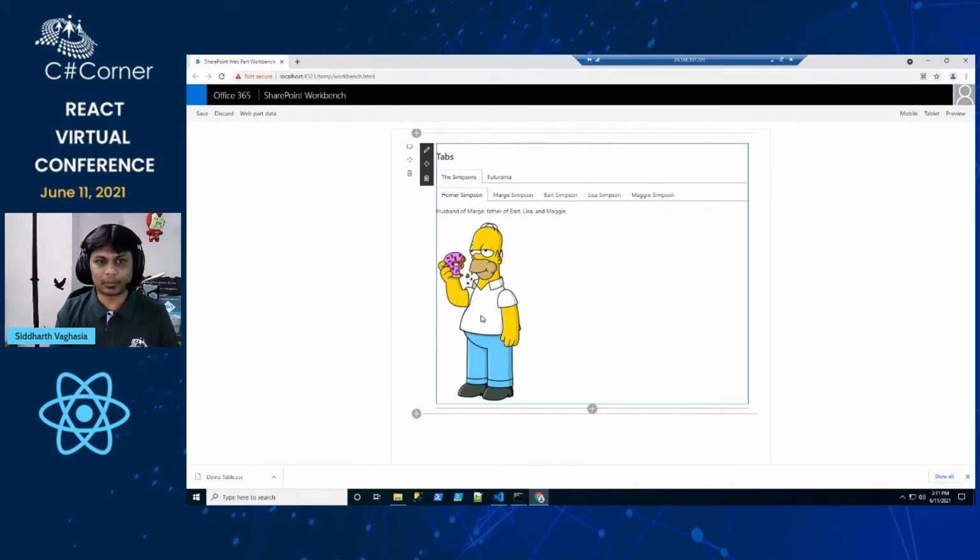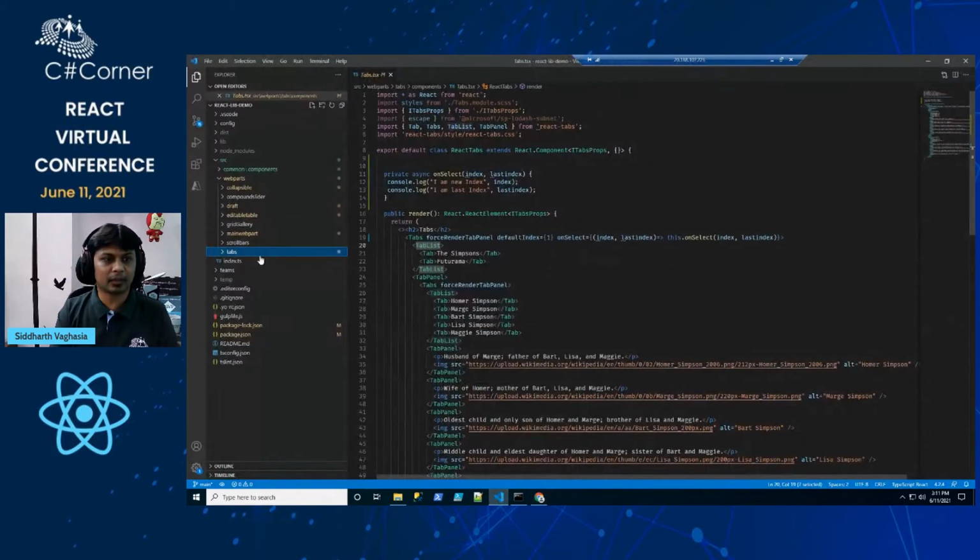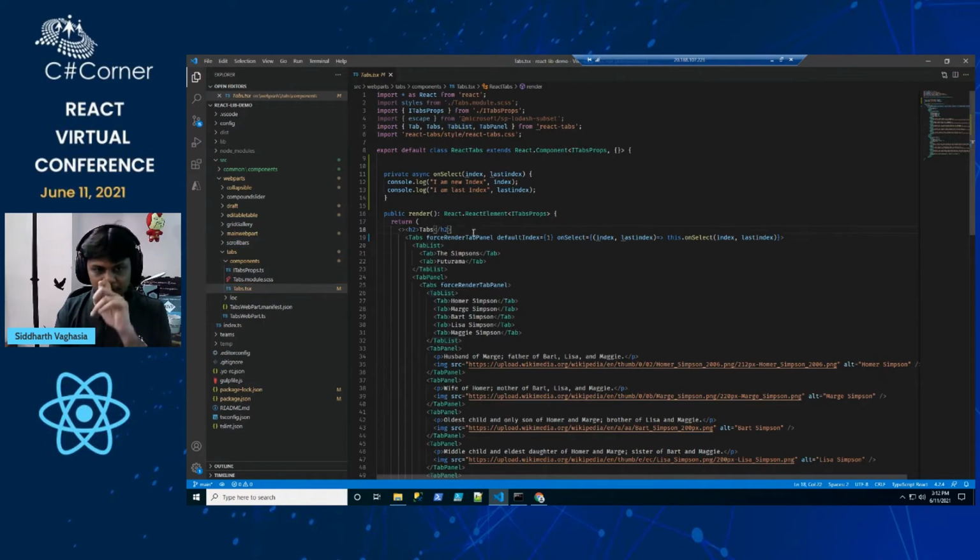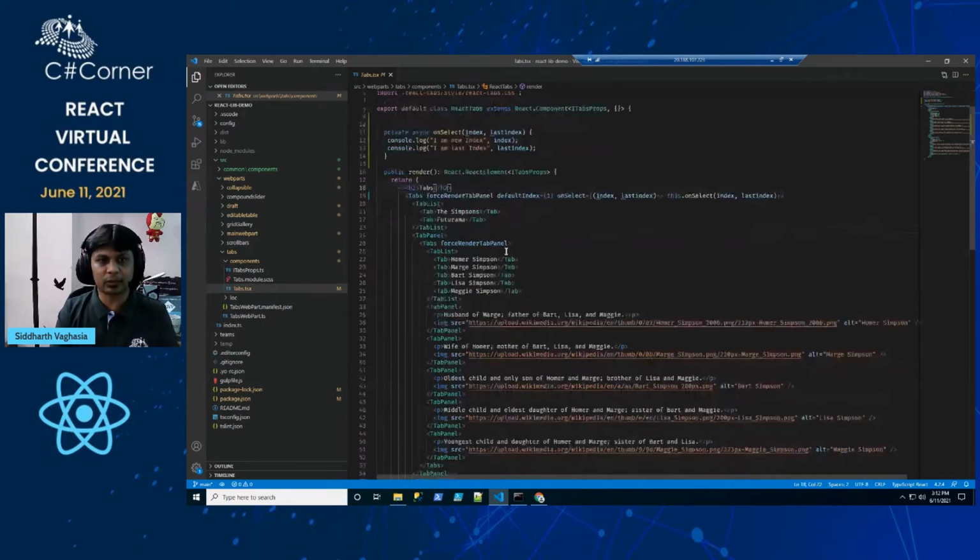So this is pretty easy to implement, in a way wherein as part of my web part, I will get a component. Anybody who is familiar with React would know that this is basically a React component itself, where we have a render method. Any React component you write always has a render method. That is where we write our HTML to build the UI.